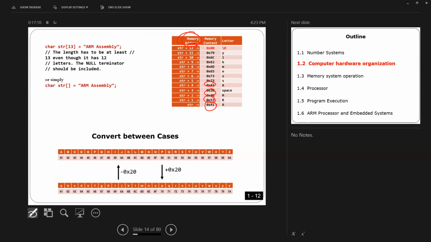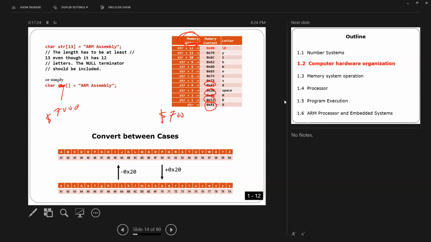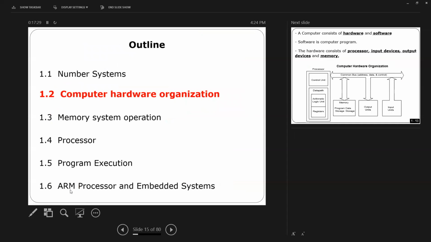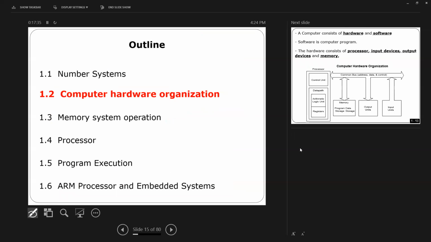If this one is stored at location, for example, number 7,000, then str is going to be 7,000, okay? So wherever it is stored, str, the name of the array, is going to give you the first location. For the next location, you add one, because as I told you, as you see here,